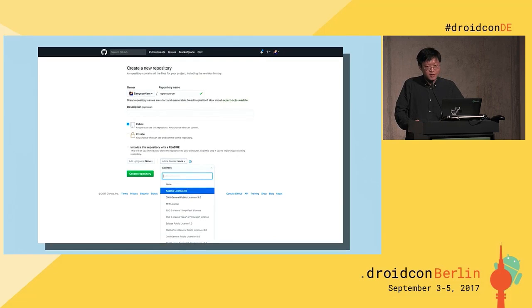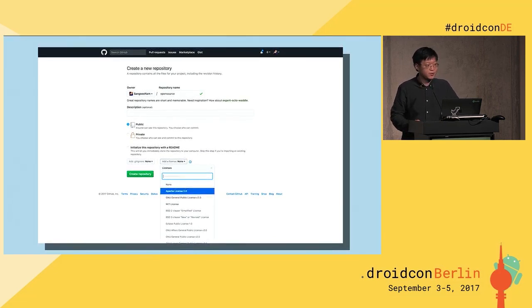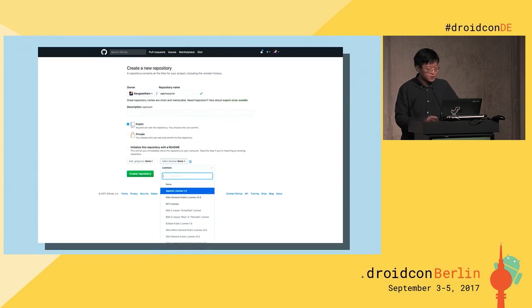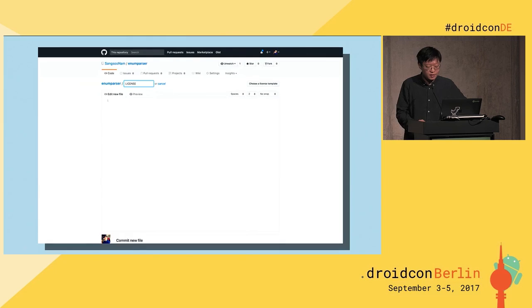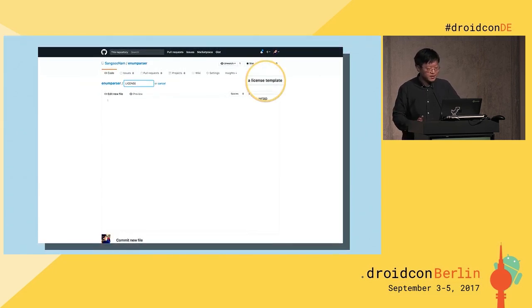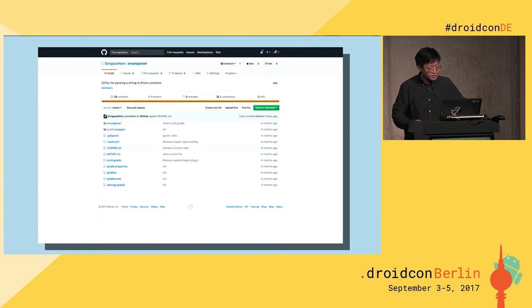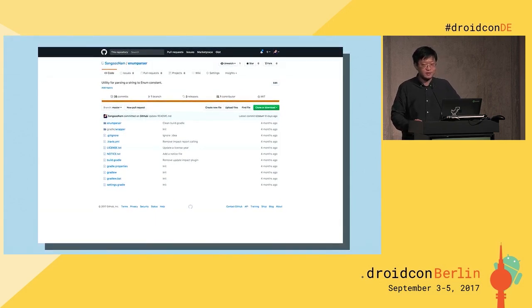And GitHub supports a really easy way to add a license. You could add it when you create the repository. So you can choose this one. But we already created the repository. In that case, you can click to create a new file in GitHub. And when you type the license, there is a button like choose the license template. And then just choose either MIT or Apache 2.0 or GPL. And then they're going to just put the text that you need. So now we have the license. And this is enough for making the open source project.